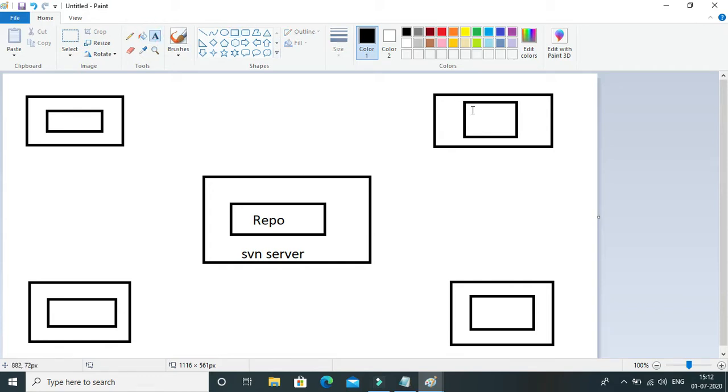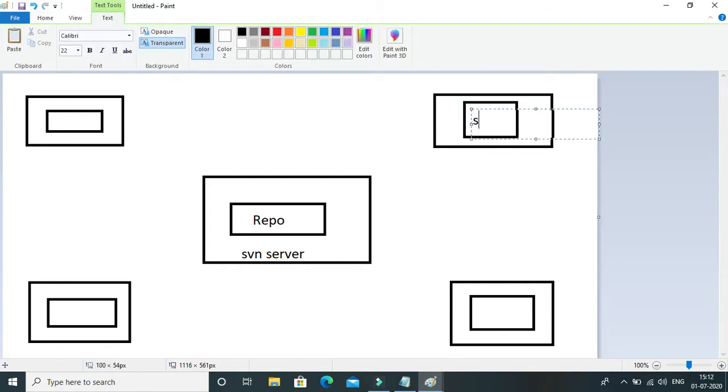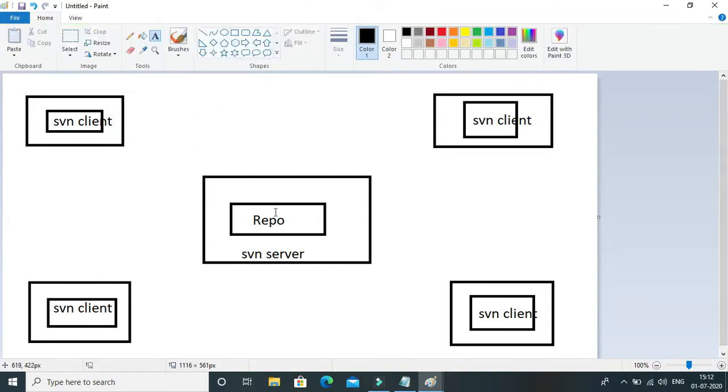So this is an SVN client, this is also an SVN client, and this is an SVN client too.